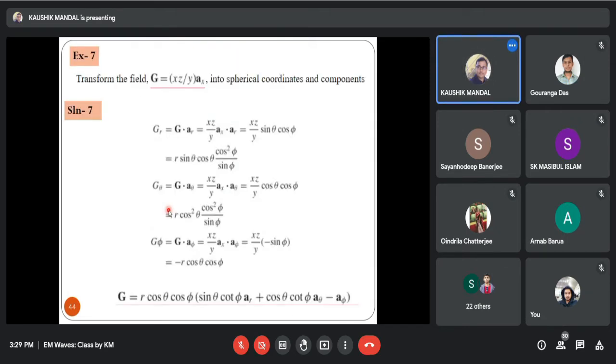The value of xz by y was already calculated in previous equations. So similarly, what will be g phi? G dot a phi. That means in that case, you have to consider the ax dot a phi. Ax dot a phi, similarly, you can find